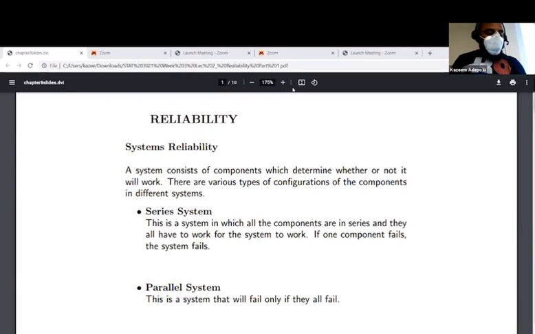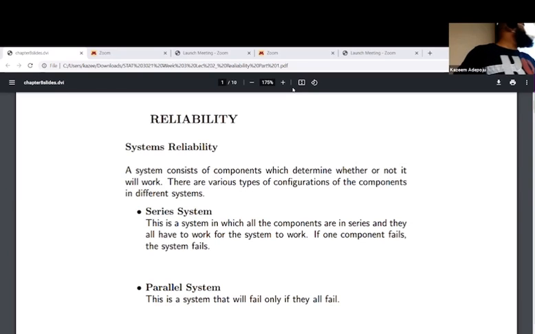Now, I want to welcome you to my lecture today. Today, I got two materials. This is going to be the first one. I'm going to walk you through this before we go to the next material. Now, we're starting with reliability today. And I'm going to tell you what is the purpose of this and how we can actually determine the reliability